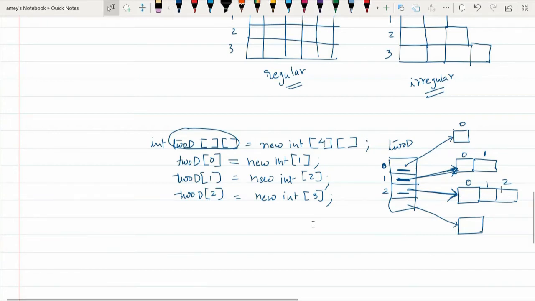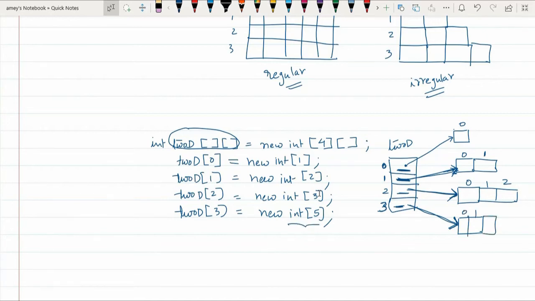We can go on specifying like this: 2d[3] = new int[5], this time I want 5 elements in the array. So at the third index location, which refers to this particular array, there will be contiguously 5 elements: 0, 1, 2, 3 and 4. So internally in the memory, this is how it will be created.